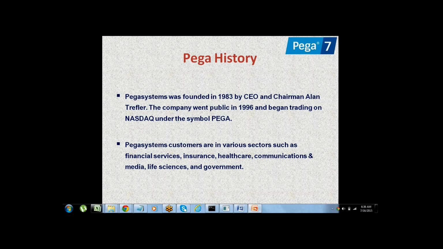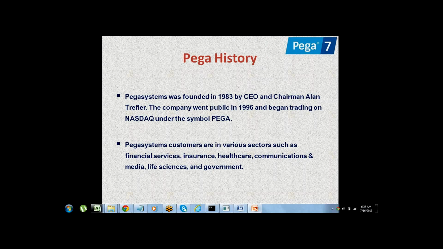Using this Pega BPM tool, we can develop any type of web applications. Pega is one application, and using that application, we can develop any type of web applications. Basically, it is a Java based application. I can say this total Pega BPM tool is developed and designed using the Java programming language.